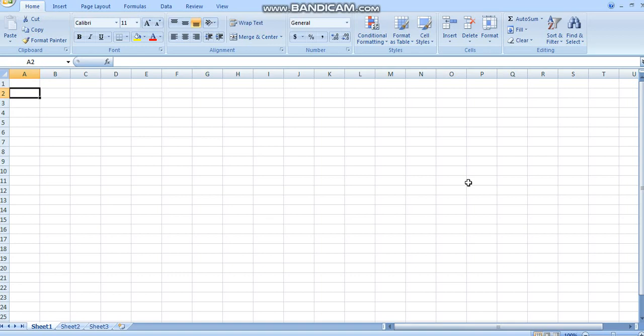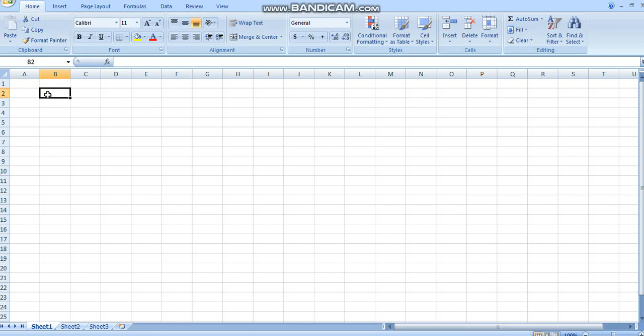Now here your sheet is already opened on the desktop. As you can see, this is an Excel sheet. Here I'll tell you some basic elements, like this is a cell. Here I have selected this cell. This cell comes under column B and row 2, so this is B2. This is the cell's name, or you can say the cell's reference. This is B2.